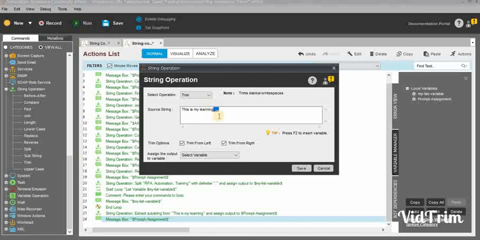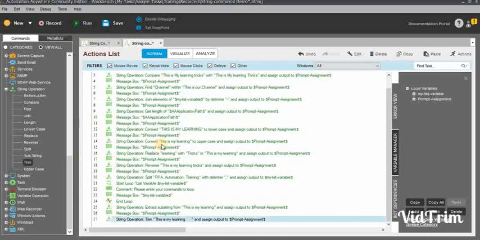It will trim all the unwanted spaces. For that, just check this checkbox, trim from left, trim from right. Now we have extra spaces on the right. If there are extra spaces on the left, it will trim those too, and assign this to a variable, any kind of variable, prompt assignment.